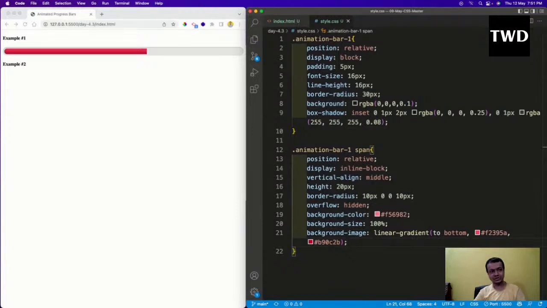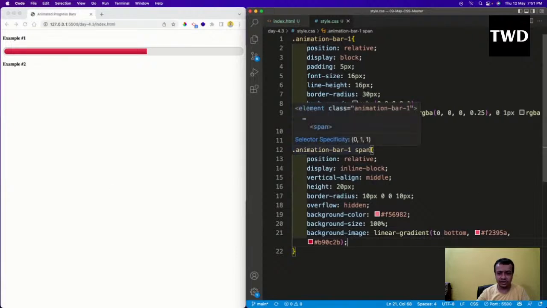Okay, so this actually is a very nice progress bar. So I'm good. Good. Okay, so that is there. Now we'll write the code to have some stripes in this. So we'll write the code for that. So let us do that. Animation bar 1 and